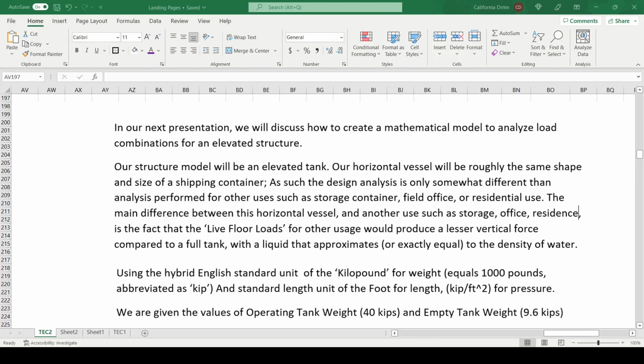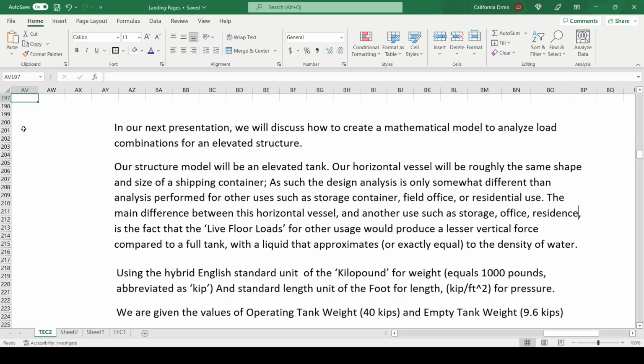In our next presentation, we will discuss how to create a mathematical model to analyze load combinations for an elevated structure. Our structure model will be an elevated tank. Our horizontal vessel will be roughly the same shape and size of a shipping container. As such, the design analysis is only somewhat different than analysis performed for other uses such as storage container, field